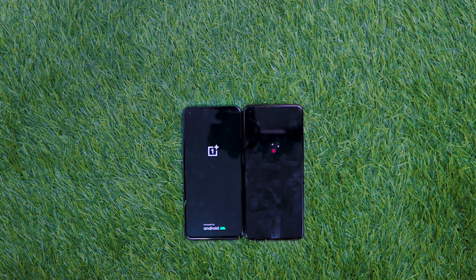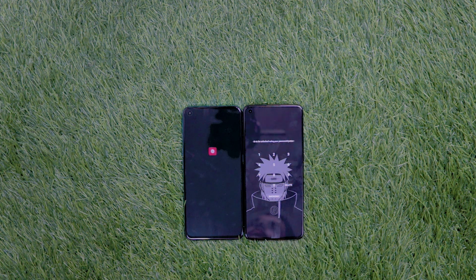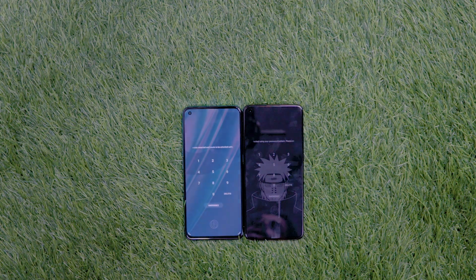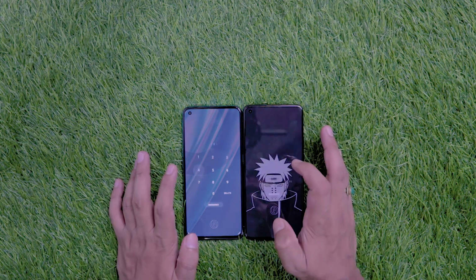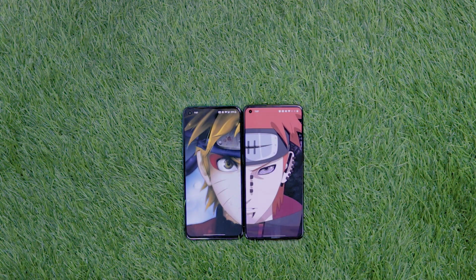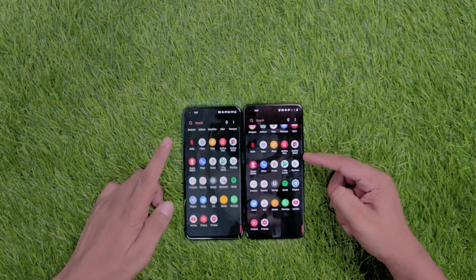Alright, so I guess OnePlus 9R is going to win the first round. Clearly it's way ahead, you can see. And here we go, the OnePlus 9R is the winner of the first round. And I guess Nord CE is taking a lot of time, and definitely it's way behind the OnePlus 9R. And now here it is. Alright, now let's see which phone loads up the home page faster, and obviously it's the OnePlus 9R again. So yeah, the winner of the first round is clearly the OnePlus 9R, and it's quite obvious.